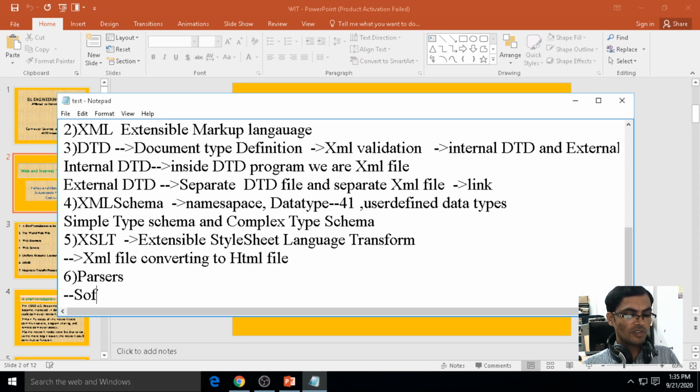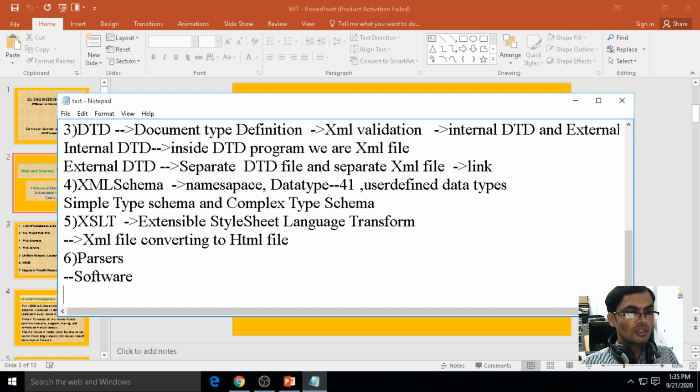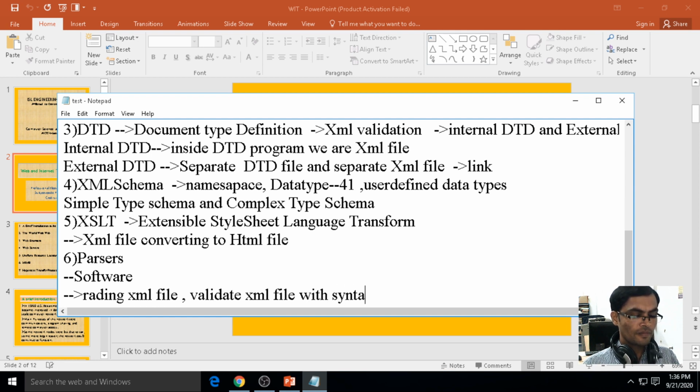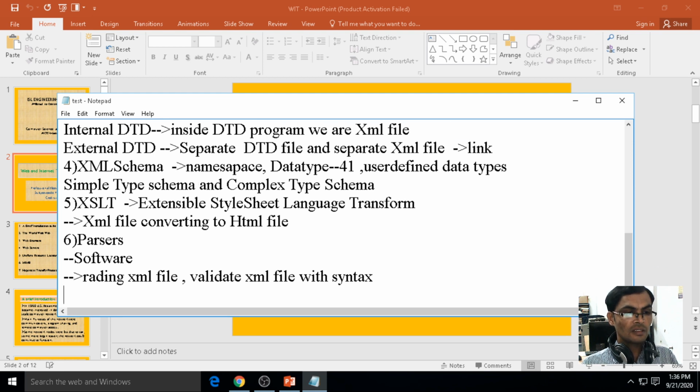Parser is a software. Under the parser, first it will read the XML file. At the time of reading the XML file, it validates the XML file with syntax. After validating, it goes for converting